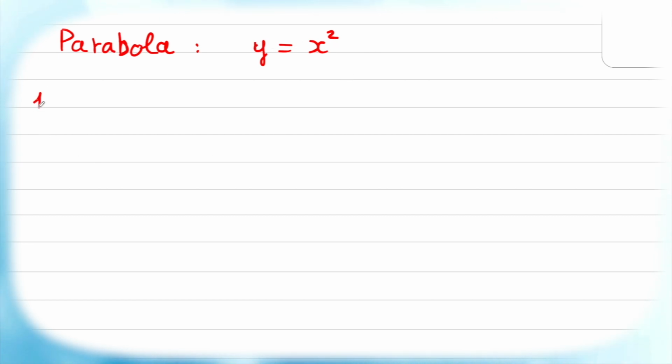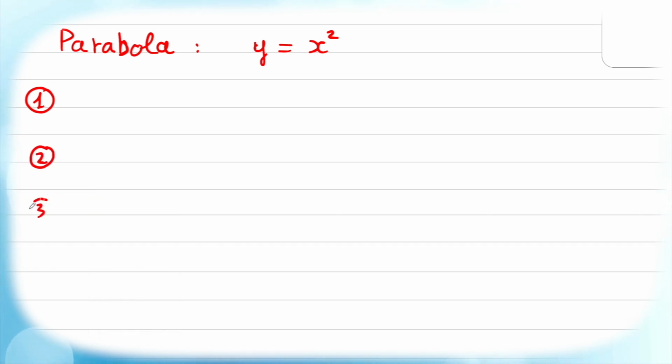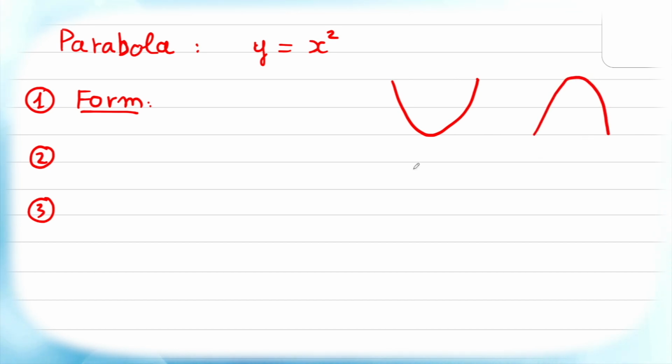And we have three important things when you want to learn more about parabola. The first thing is we need to figure out the form of the parabola. We have two main forms of parabola. One form will be this line and another form will be like here. And the second one we need to care